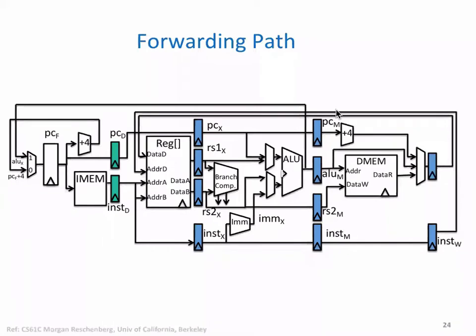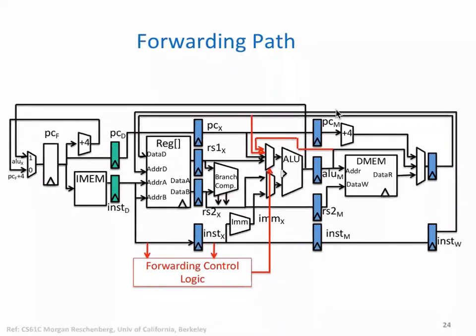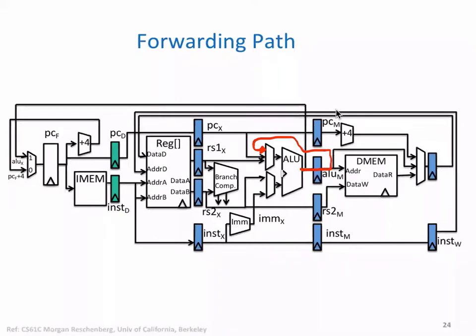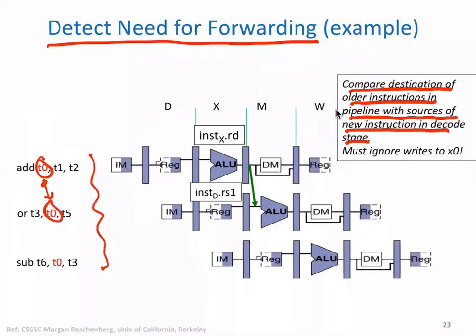So now we can attach these forwarding paths depending on the various combinations of instructions where there are data dependencies. We can add this kind of extra path, like the one here you see: the output of the ALU is taken in and it goes to the input of the ALU. This is basically for the example we had earlier, this one, right?